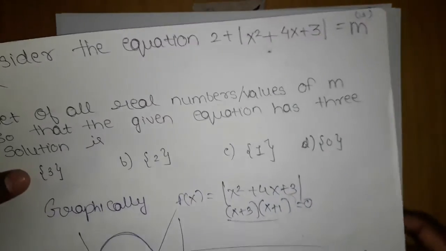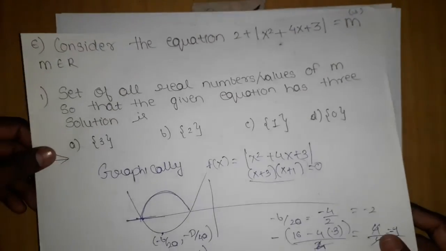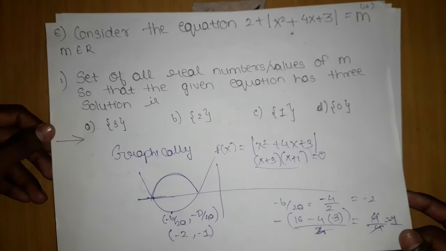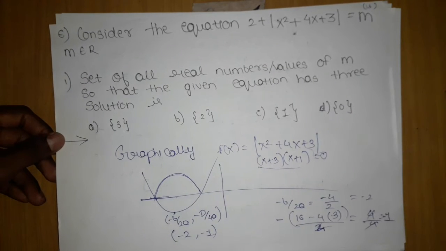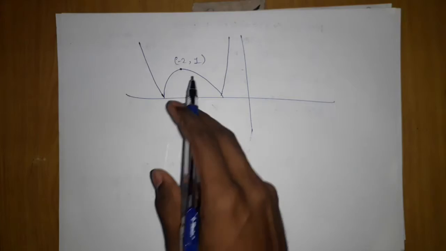Why will this be minus 2 comma 1? Here is the trap, because when you shift the modulus function, you are changing the quadrant, meaning you are moving to the positive x-axis. Then y will shift toward the positive y-axis, and here's the trap part. If it is minus 1, then here it will be plus 1.